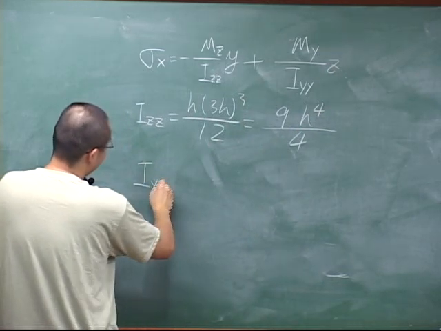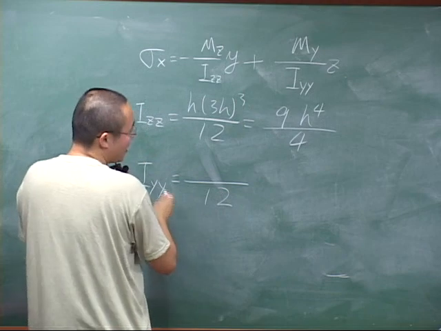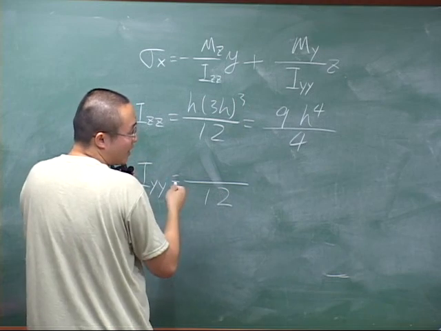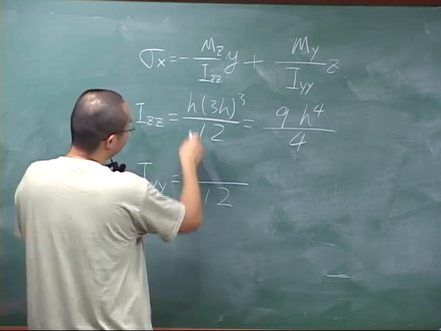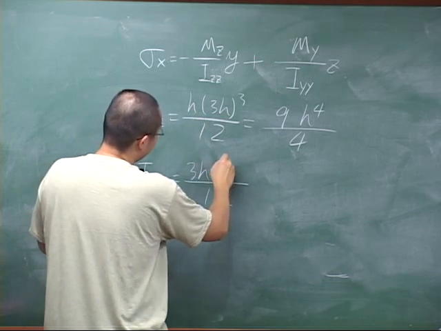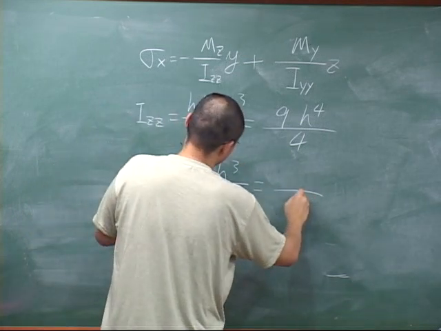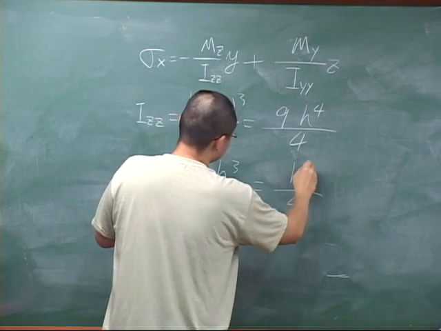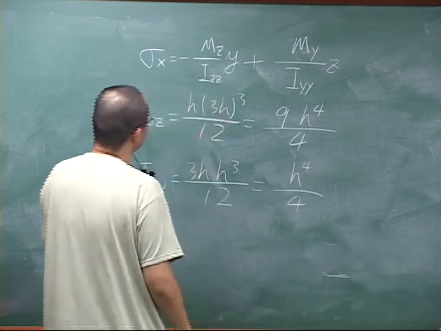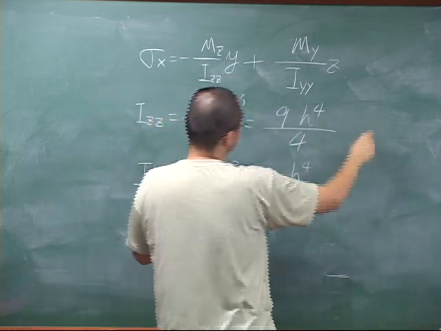And in this case, if you calculate the moment of inertia about the y-axis, here b becomes 3h, while h is just h. So put it inside, and we can